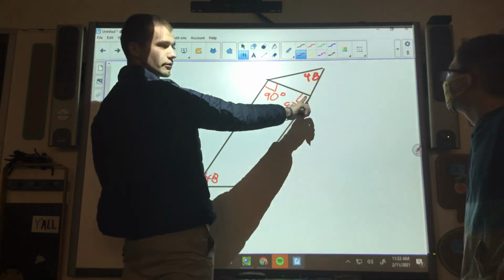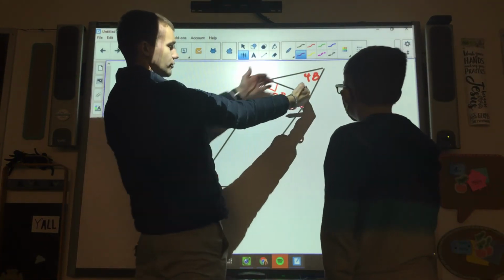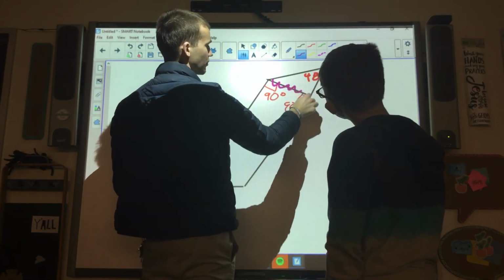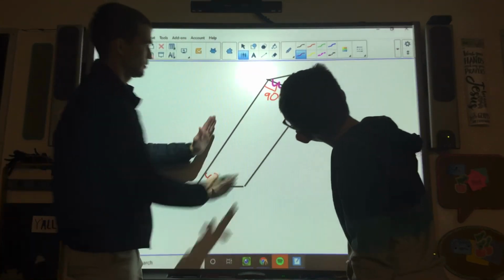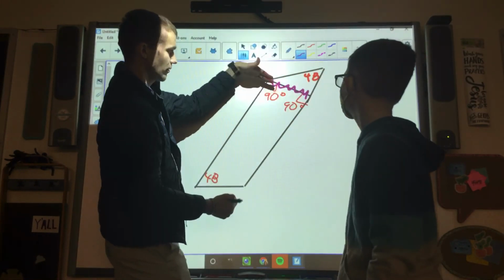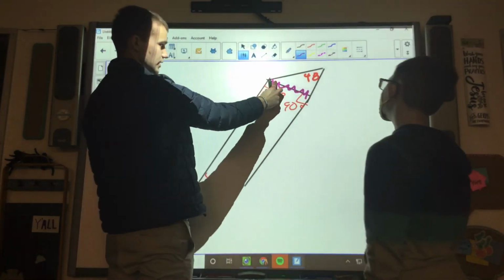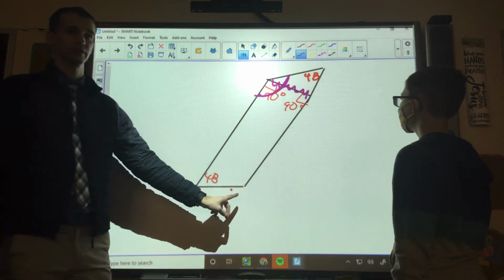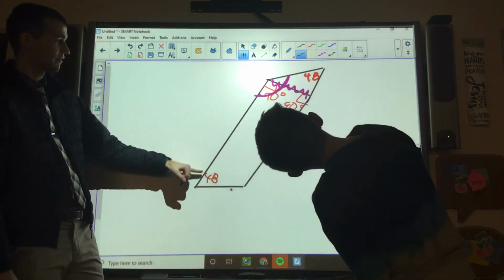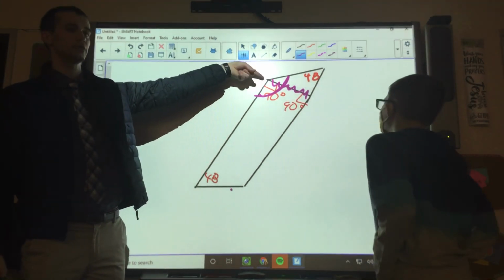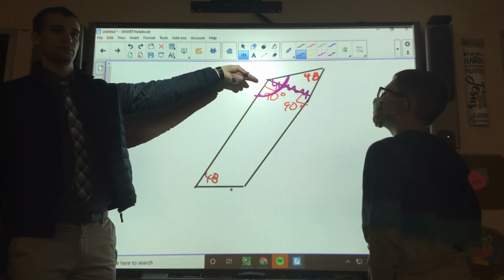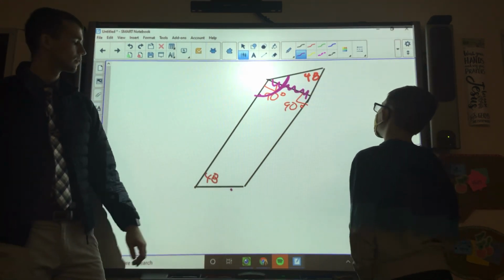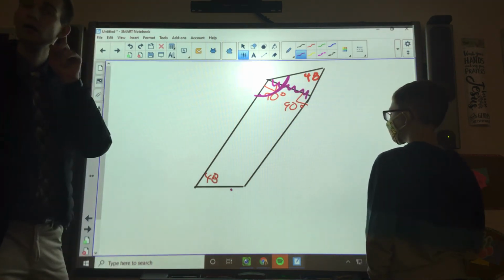So this right here is not included in part of the parallelogram. When you're thinking of what the parallelogram is, you have to take this part out, because this and this are parallel. This part right here is not part of the parallelogram. So just because this is 90 doesn't make this 90. You have to figure out what all of this is, and then that tells us what this is. So let's think. If this is 48, how do we figure out these two combined? Yeah? 40 plus. What? Oh, never mind. What are these two